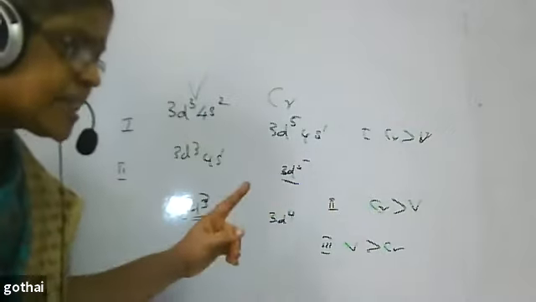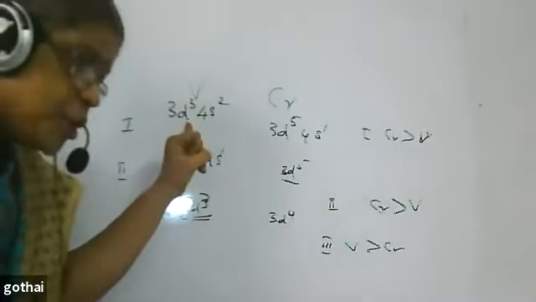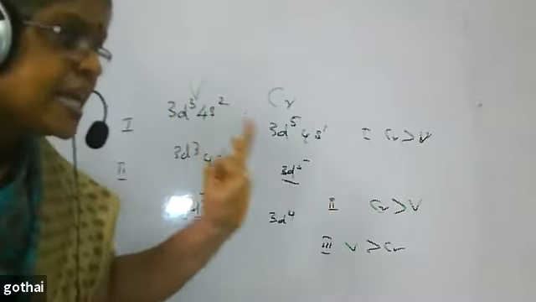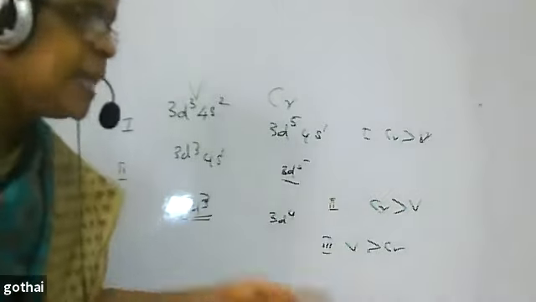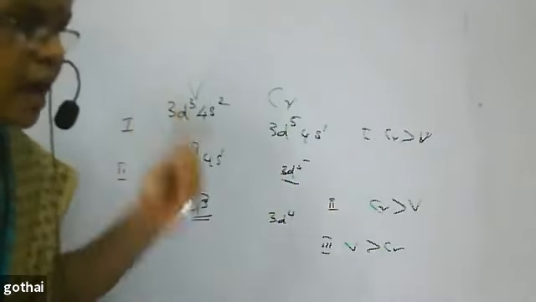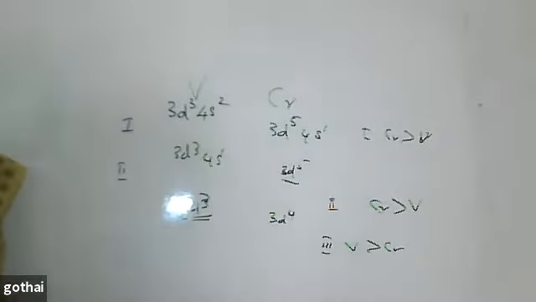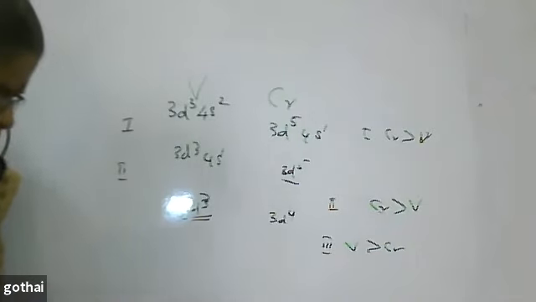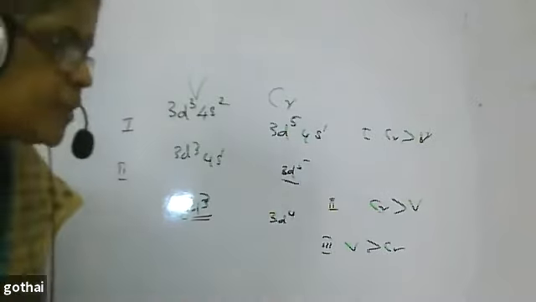Why? Ionization enthalpy not only depends on electronic configuration. It also depends upon effective nuclear charge. Everything combined is what is being asked. So if any one factor predominates, the value will show a sharp increase. Only that odd case will be asked as a question. When the odd question is asked, check it with the electronic configuration. If there is a regular increase or decrease, there is no problem. If they ask different questions, check it with the electronic configuration.